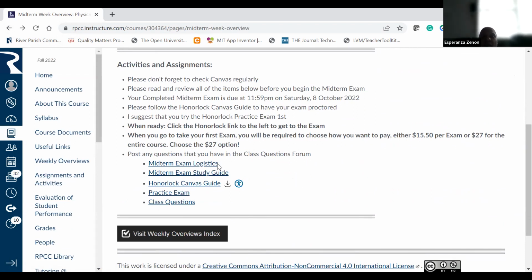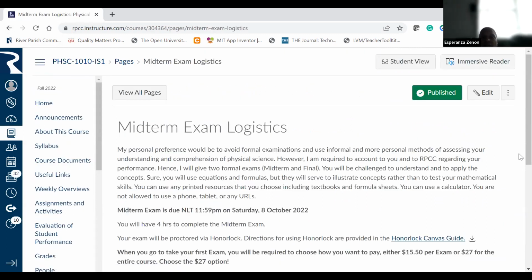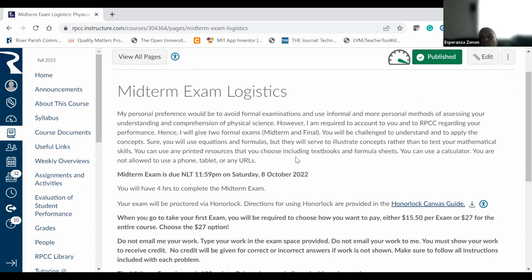Now, the other thing too is, and it tells you in the instructions here, in the logistics, you can use any printed material that you want. You can have formula sheets. You can print out the solutions to the problem sets, the discussions. You can bring textbooks. You can bring notes. You cannot use a computer, a phone, or a tablet, like to go to other websites, right? So you can't use your phone, a tablet, or any other websites, but you can use any printed material that you want, okay? So if it's something that you want to use to help you with the exam, print it out, bring it with you,